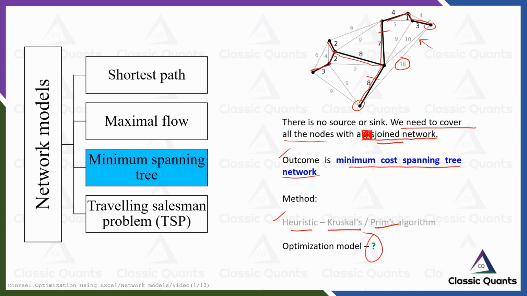Optimization models are not very useful here, and that is why we are not going to discuss this in our course, because, as I am saying repeatedly, this is an optimization model course. Therefore we are not focusing our attention on the heuristic methods, and since no good or simpler optimization models are available for minimum spanning tree, we are not discussing this type of problem at all in this course.